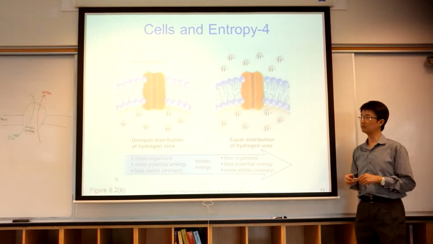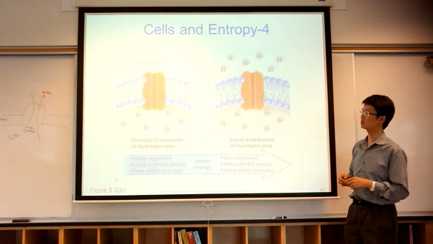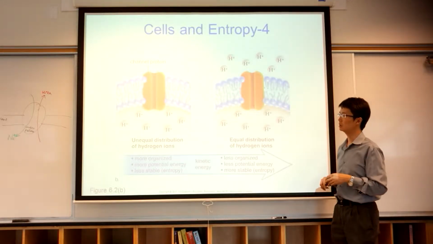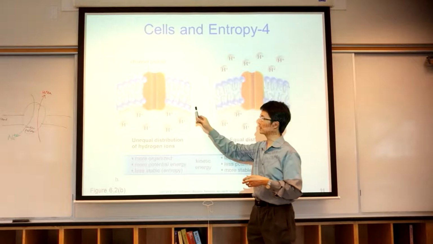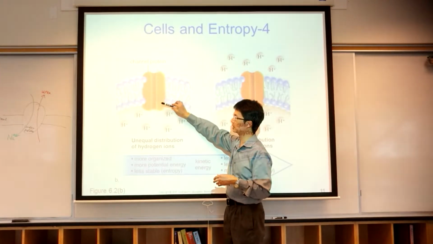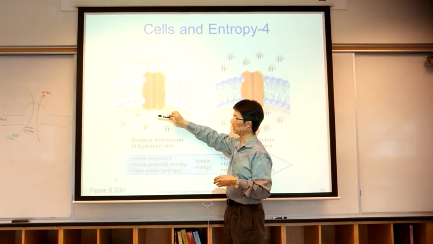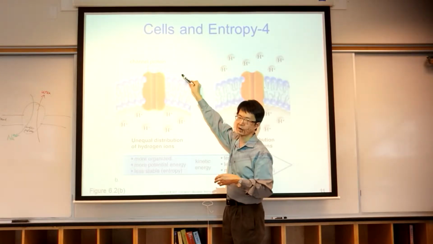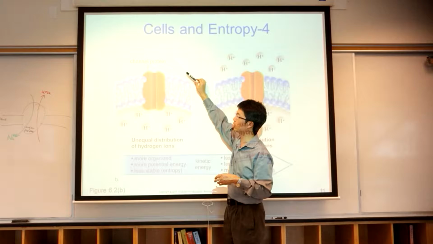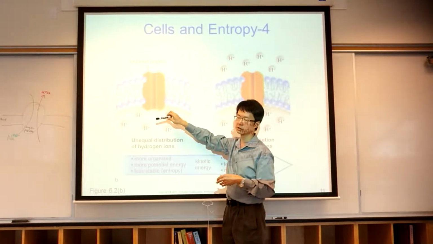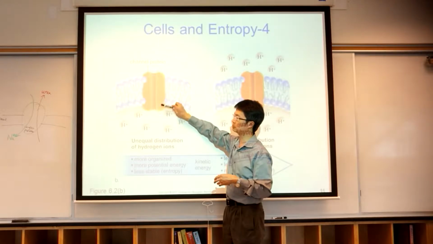So another example of entropy is the distribution of hydrogen ions. In this case, at the beginning, intracellularly, inside of the cell, you have a lot of hydrogen ion. Outside of the cell, extracellularly, you do not have a hydrogen ion. So the hydrogen ion will have a tendency to go from inside of the cell to the outside of the